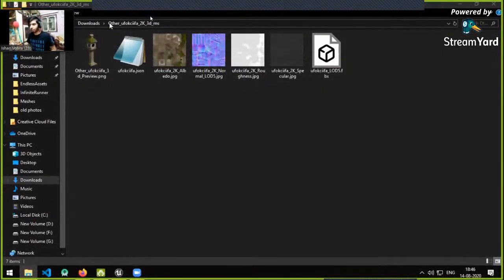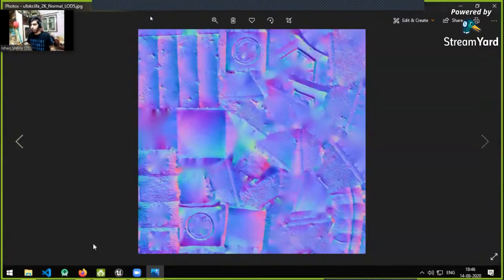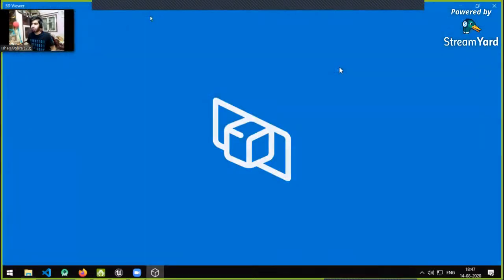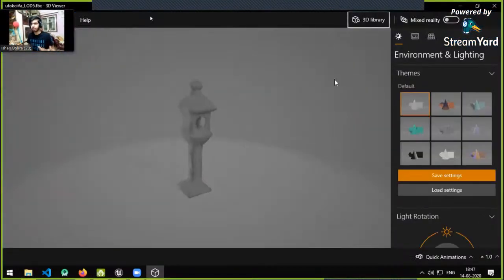So when you unzip the file, this is what you'll see. You'll find a JSON file that is not really much of use. This is a preview image of how it should look. And these are the textures: our specular, roughness, normal map. As I told you about normal maps, this is how it looks. If something is in the front, the topmost element, it will be blue, and then the shade differs. All right, this is our FBX file,